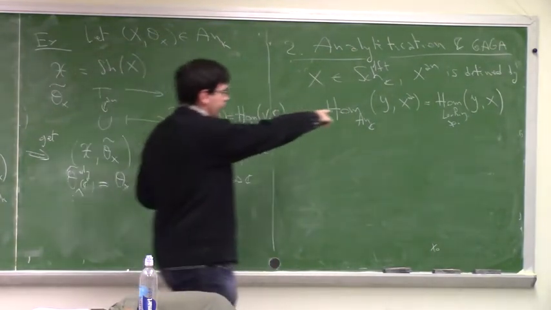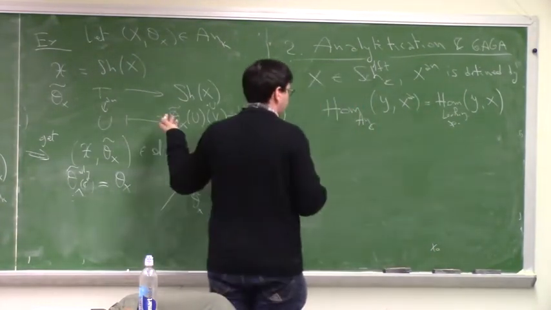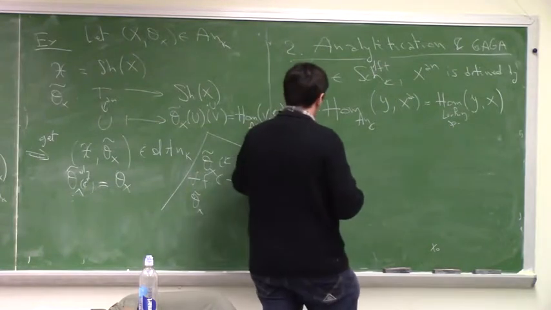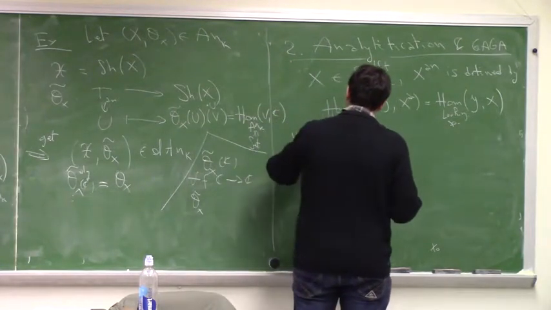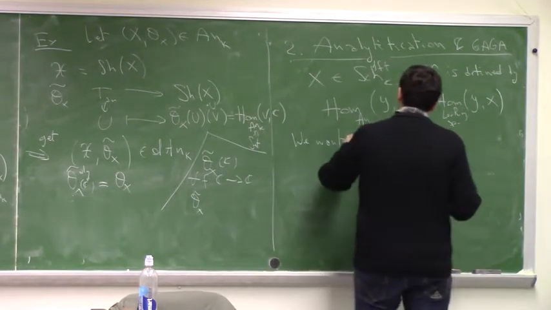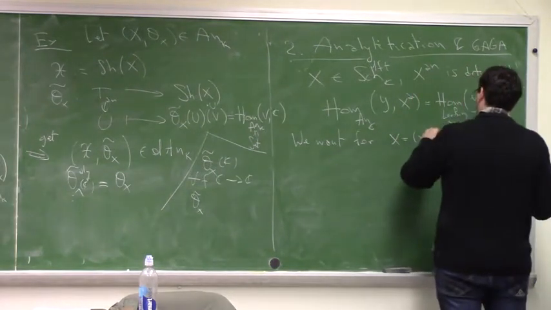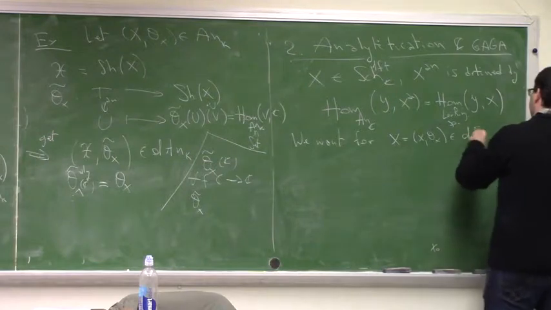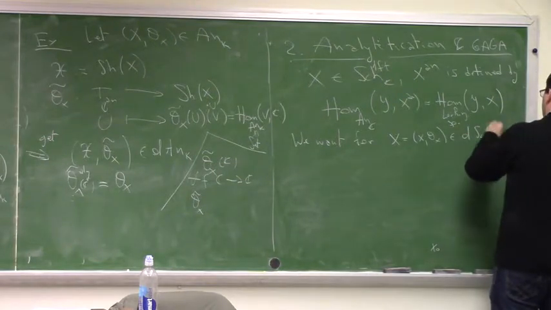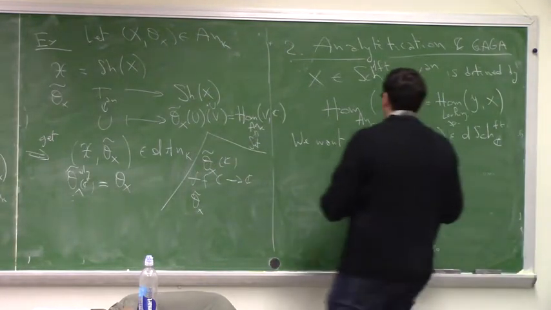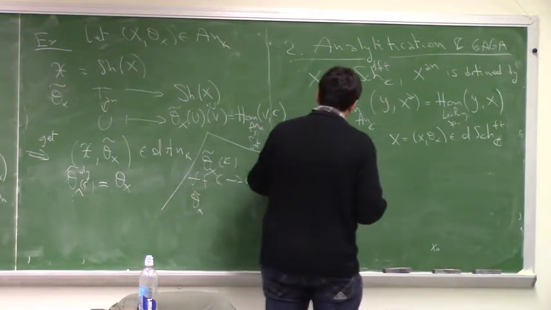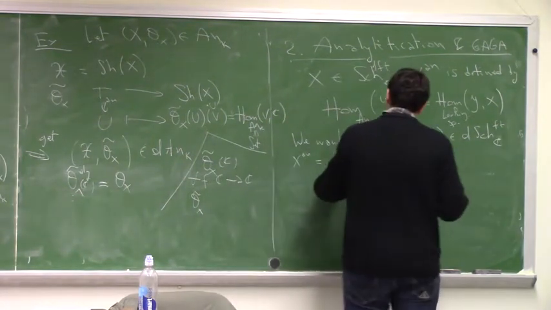So this property is easy to formulate in the language we set. So we want, for X a derived schema over C of finite type, X analytified, which will be